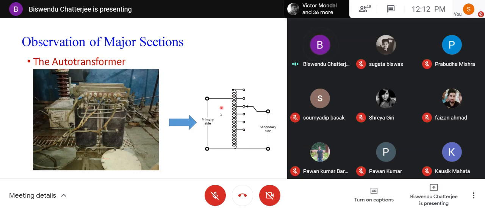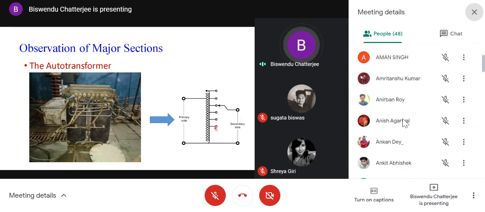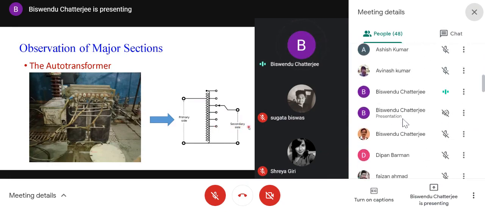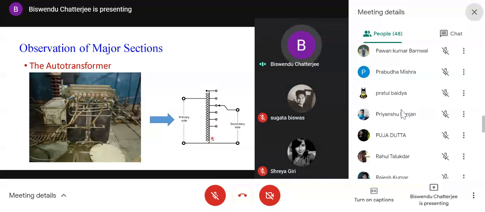Suppose 0 to 500 volt, the steps are, suppose, of 5 volts. The minimum you can vary is 5 volts. Now if you connect the 100 volt tap, then since the total voltage is decreased, you can now vary the voltage in steps of 1 volt. The resolution is increased because the voltage itself is decreased. So the variation will be small voltage increments.